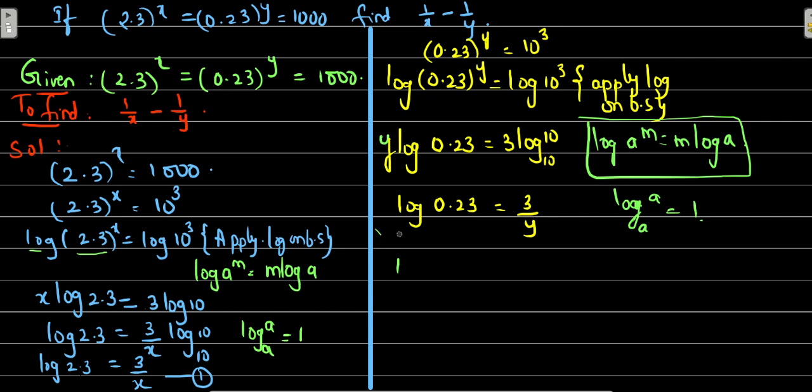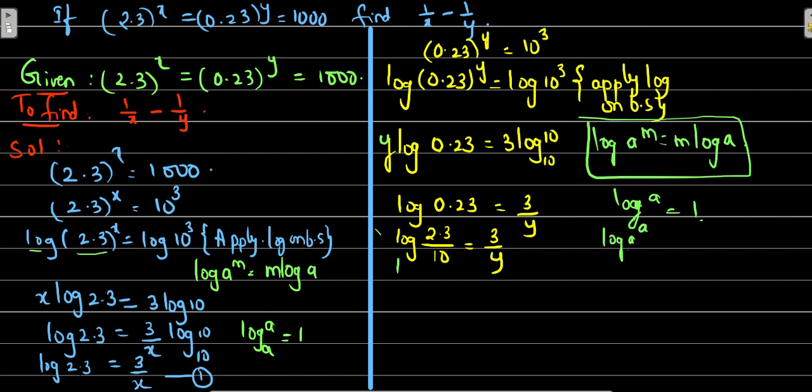Can't we write log 0.23 as 2.3 by 10? If we are moving the point 1 digit to the right, 1 place to the right, then we have to write down 10 in the denominator. So, that is equal to 3 by y. Since we know that